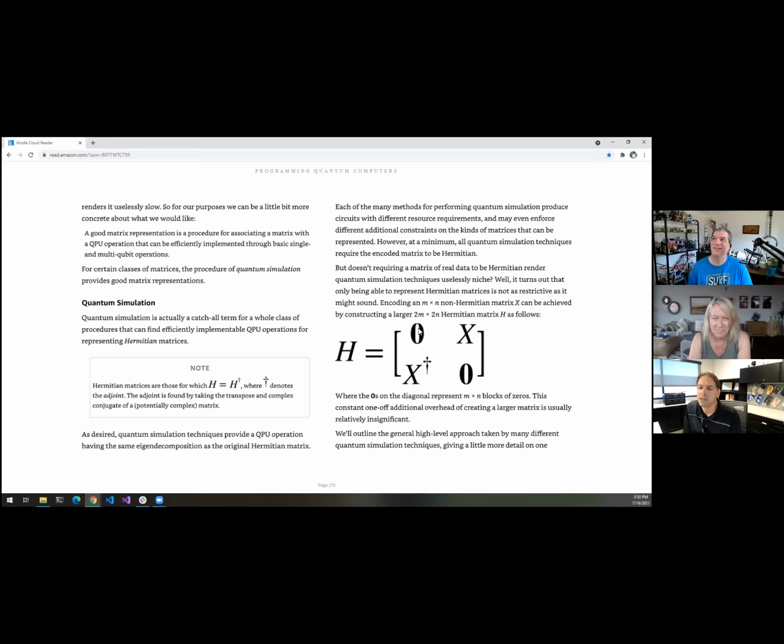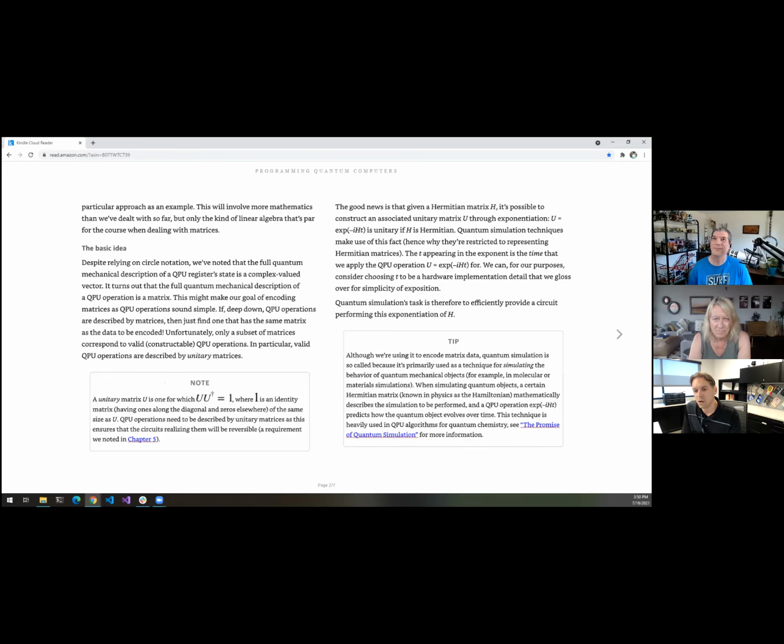He talks about matrices where you typically have zeros and then the values you care about are on the diagonals. But one thing, and I don't remember exactly, he talks about that symbol, the dagger, which denotes the adjoint, taking the transpose and complex conjugate of a potentially complex matrix. Transpose a lot of times means you've altered it in some way, like a reverse. And he talks about this here too, where,